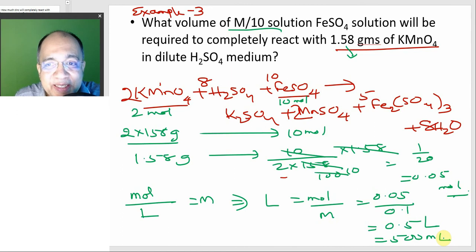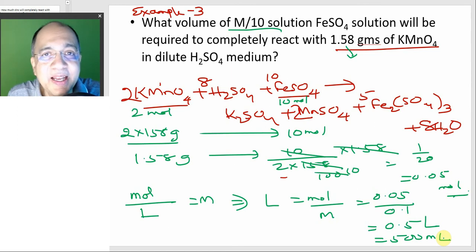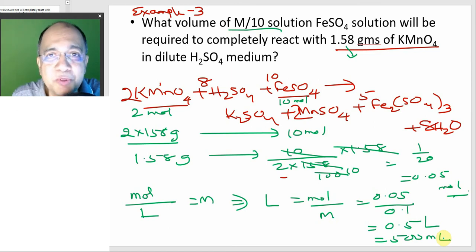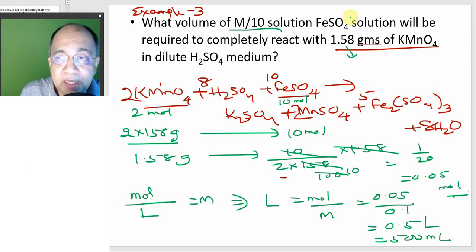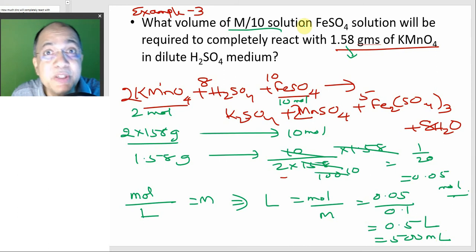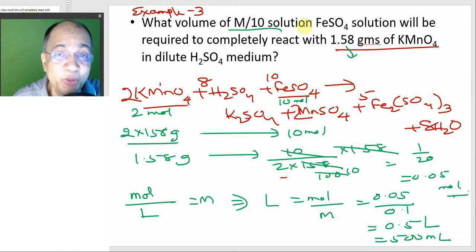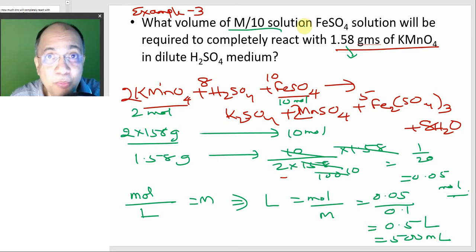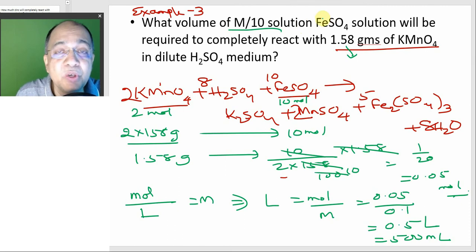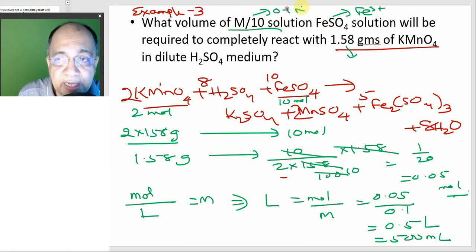But you must be thinking, had you been given a chance to solve this problem, you would have definitely opted for the equivalent concept. Now, ferrous sulfate as a reductant, can you tell me what is the N factor? We have done so many times, and hopefully you have done the assignments to make yourself feel confident. So ferrous sulfate has an N factor equal to 1 because it goes to ferric sulfate. So the N factor is 1, so the molarity and normality are the same. This is also 0.1 N.